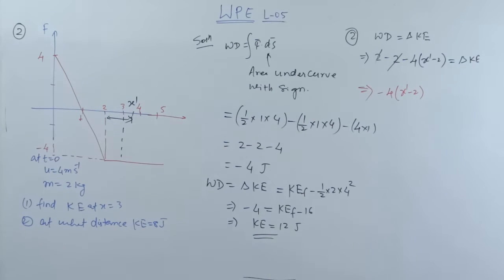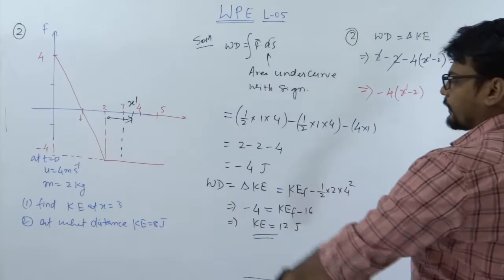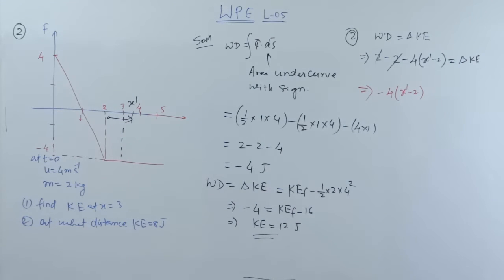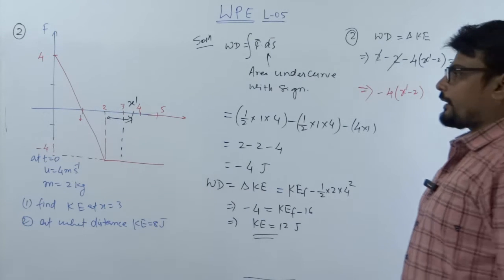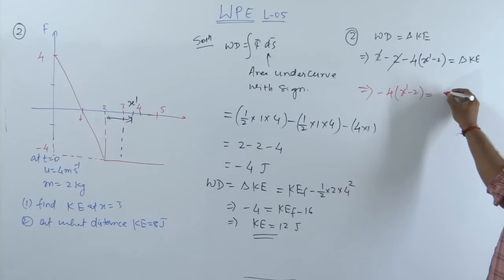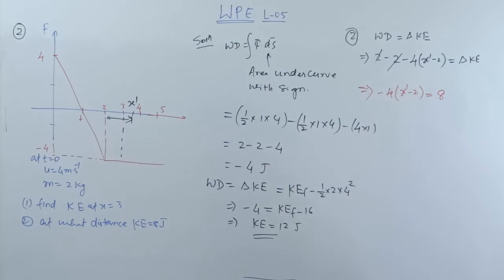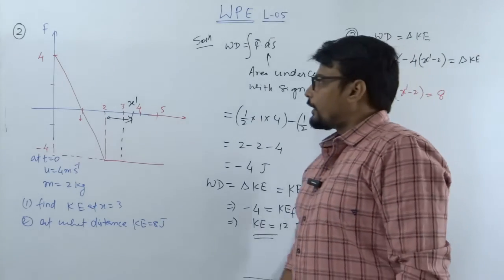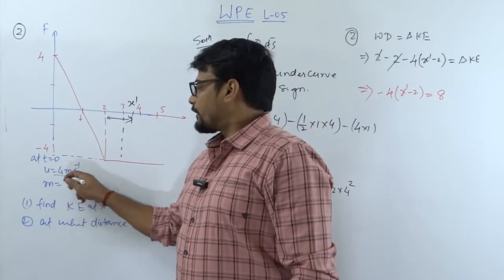At the point where the kinetic energy is 8 joule, the final kinetic energy is 8. Initially, velocity is given as 4 meter per second, so half m